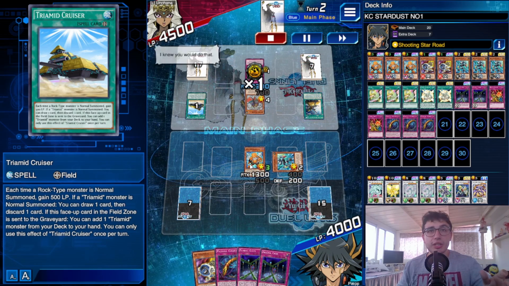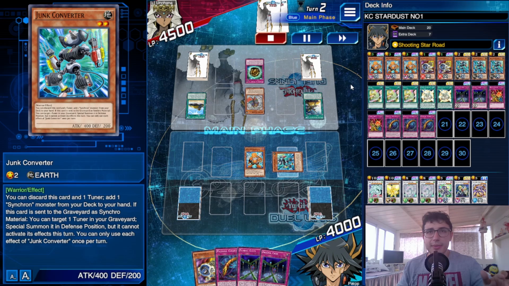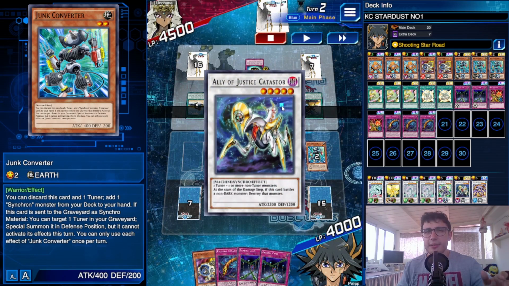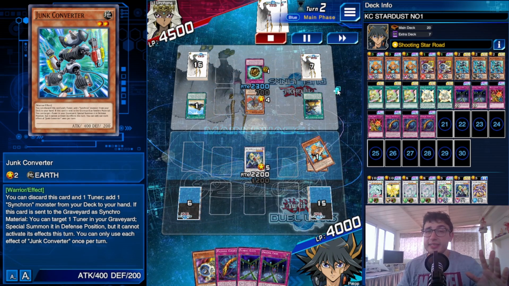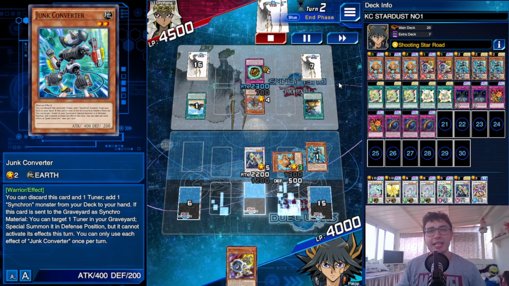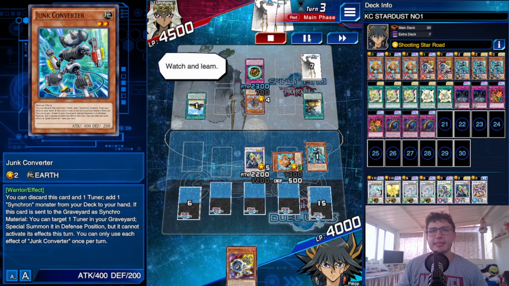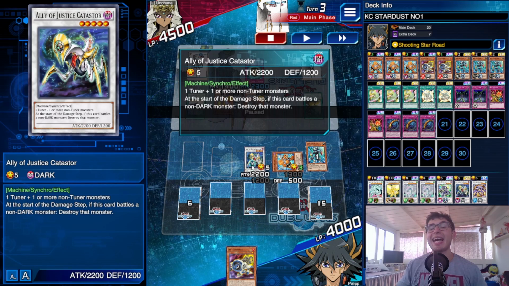First effect of Junk Synchron, and second effect from the Triamid Master. Actually no, because he activated a little late. But we're chilling, so we get to use the effect of Junk Converter, and this is the last effect we're gonna activate. And I decided to stop that because I was afraid of him attacking,